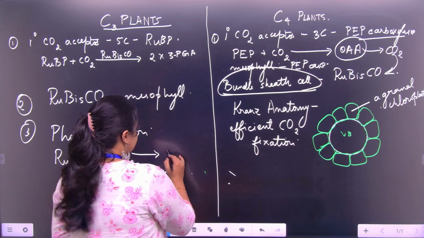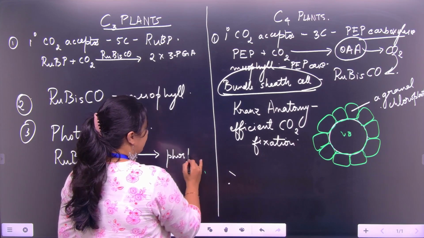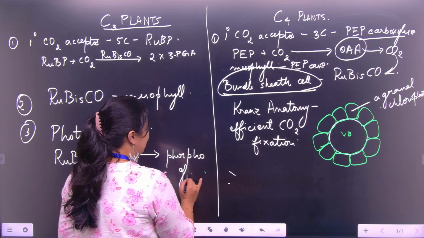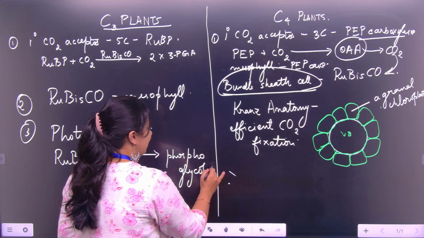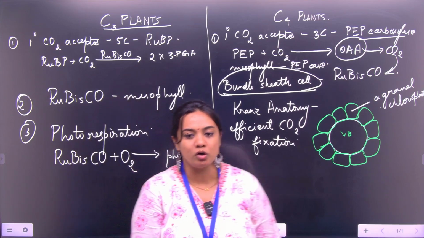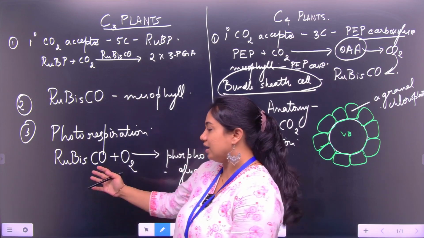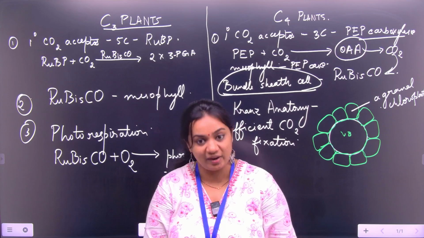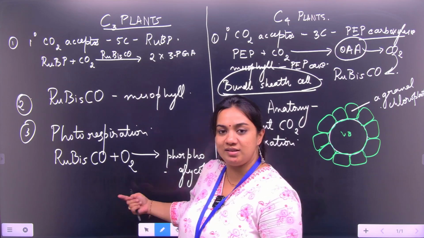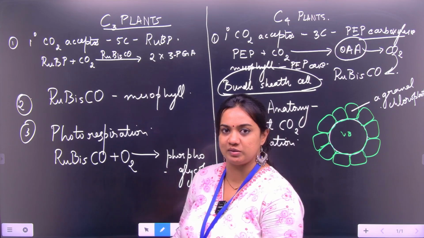So it forms phosphoglycolate, which is a 2-carbon compound, and this process is not going to produce anything useful. Rather, it is going to make use of ATP, and it is not synthesizing anything useful like sugars, okay, and